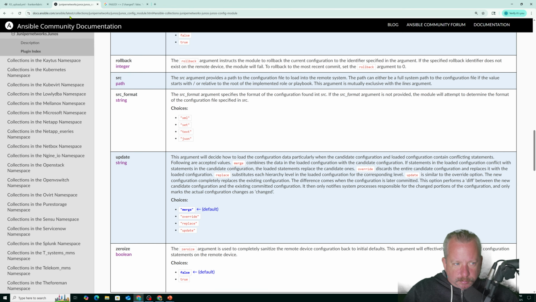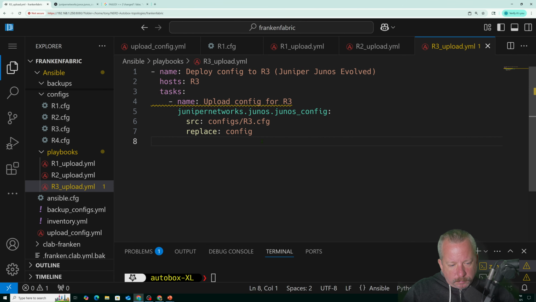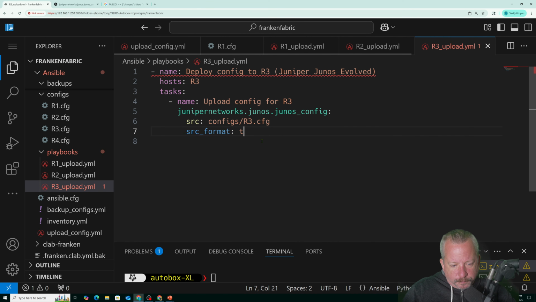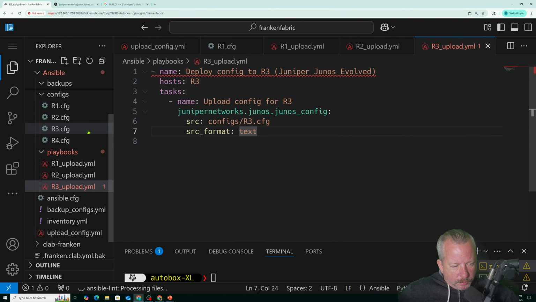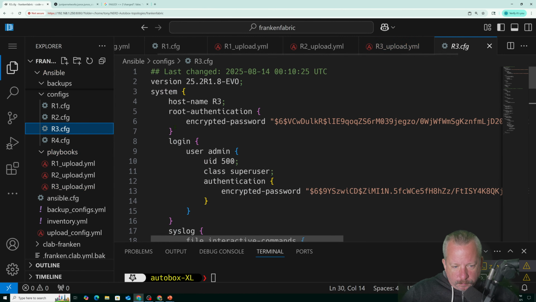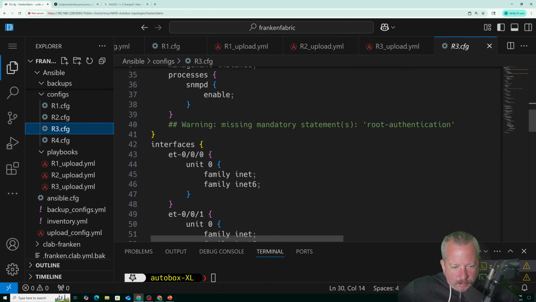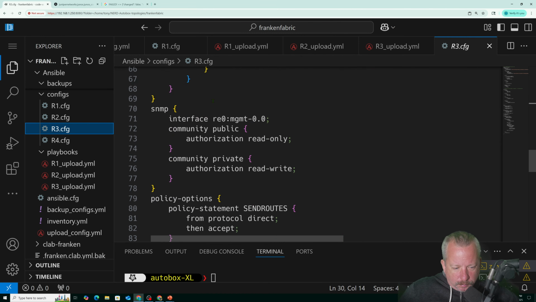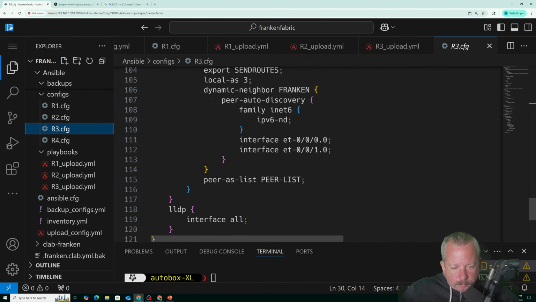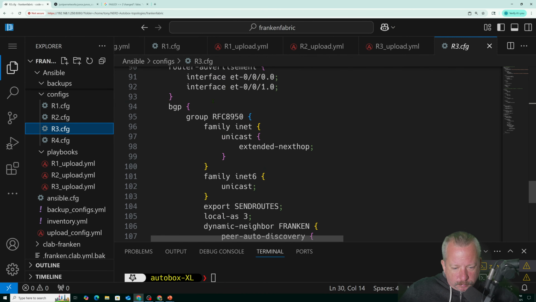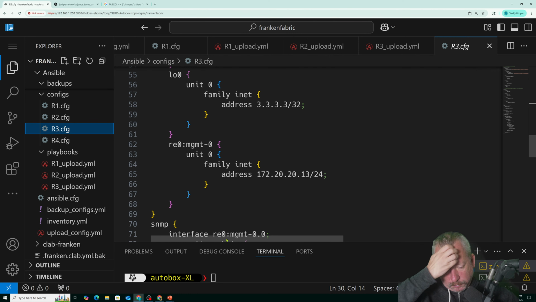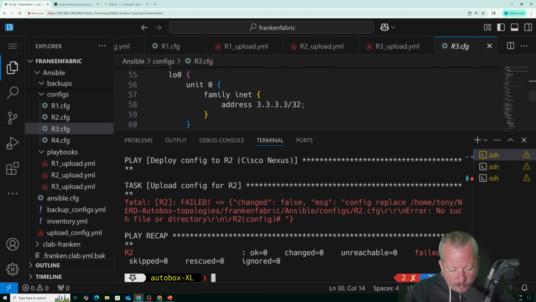No, I think it's text. So the default format, the native configuration syntax, is this. It's kind of like JSON. It's not really JSON. I don't know what it's called for Junos. So let me run the playbook